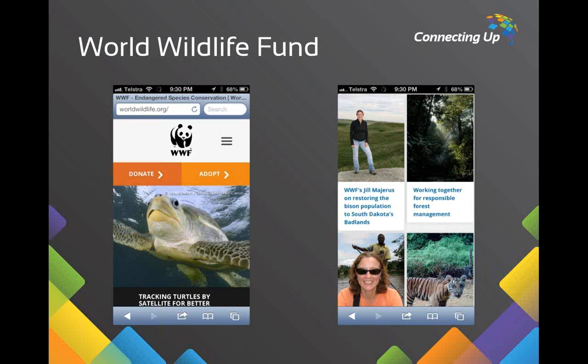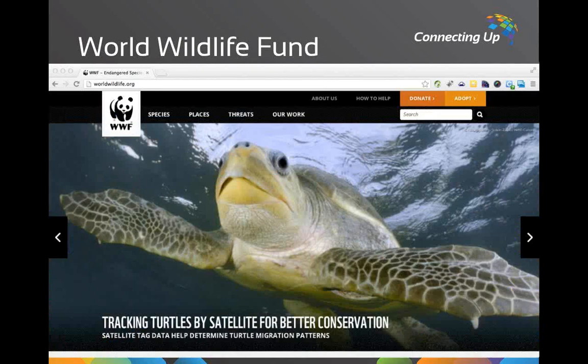So keep an eye particularly on the turtles and on some of those articles. And now if we have a look at the desktop site, you can see that the desktop site continues the theme of using nice big imagery. It's still very easy to navigate, but we've got this great picture of the turtle to open up. So a cause like WWF have such great imagery of the animals, the wildlife that they support, and they can use this to great effect like this. This creates a big impact.